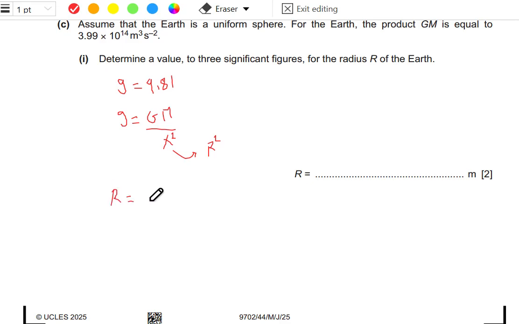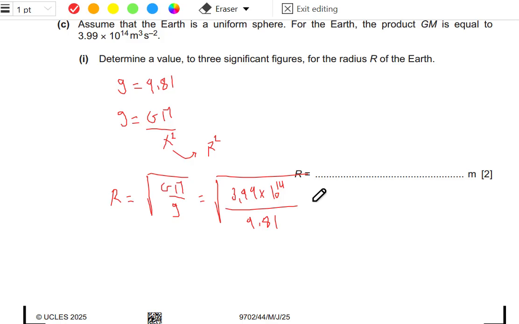So for R, we can substitute and the result will be